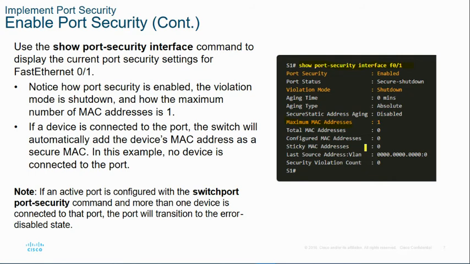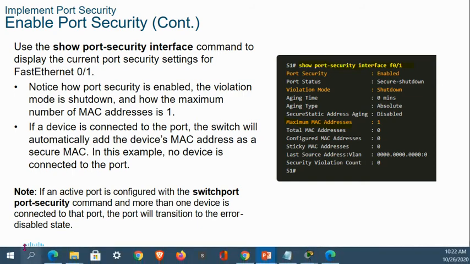That means in the interface, many unauthenticated devices tried to connect with that interface. Due to that reason, for security reasons, the port was shut down or disabled. If it occurs, you can find it out here: the port status will be error disabled state. That means someone tried to connect in that interface F01, some other PC, some unauthorized user tried to connect their PC in that interface F01. Due to that, the port status shows the error disabled state.